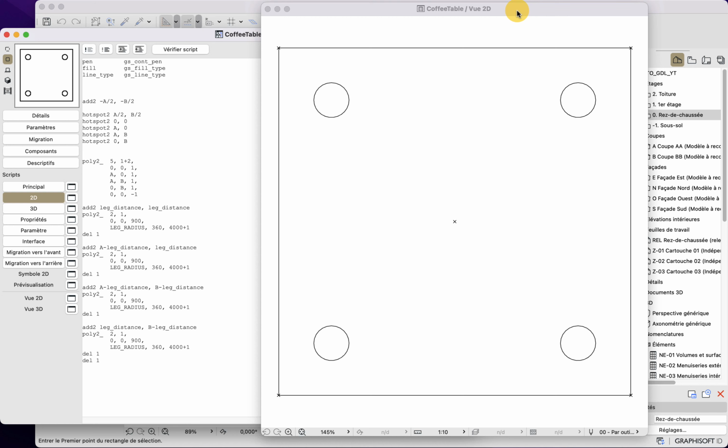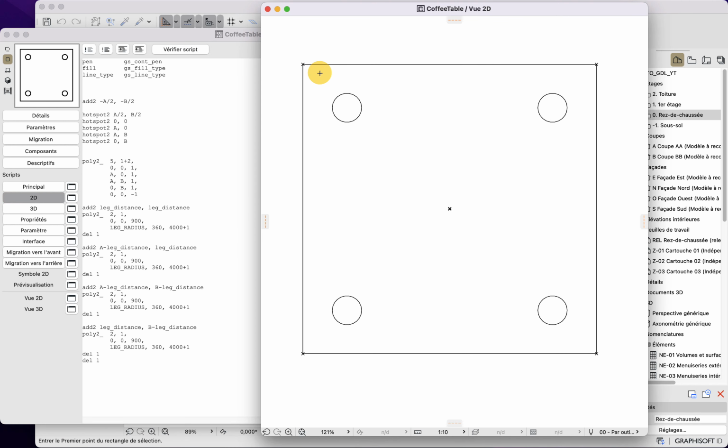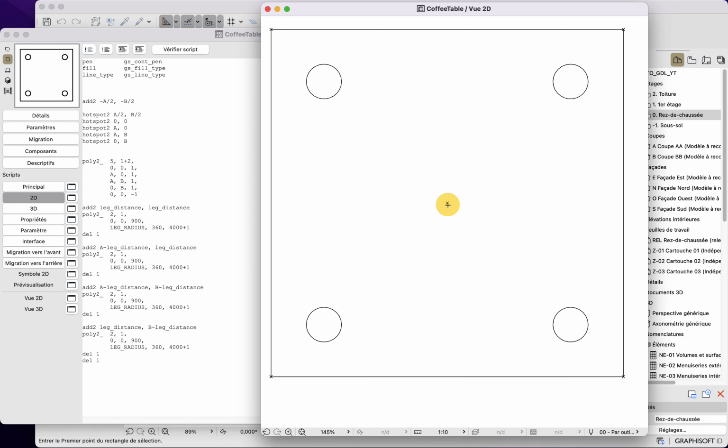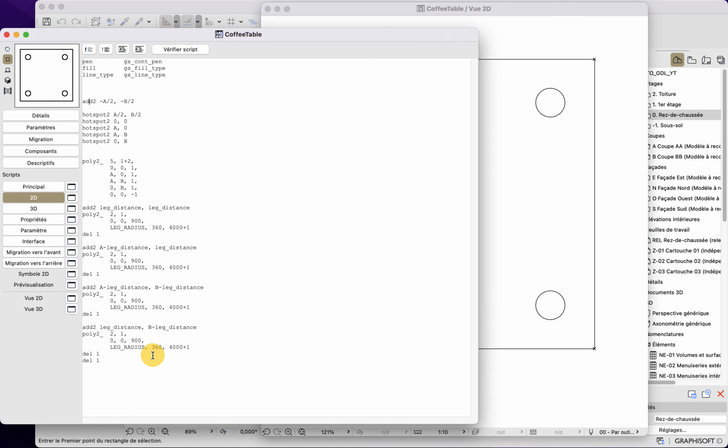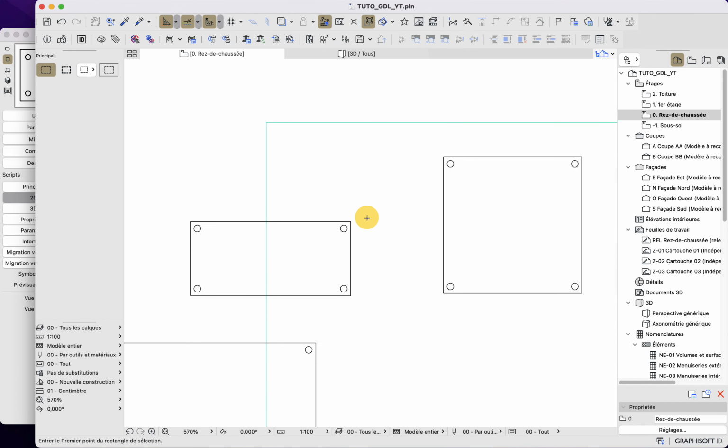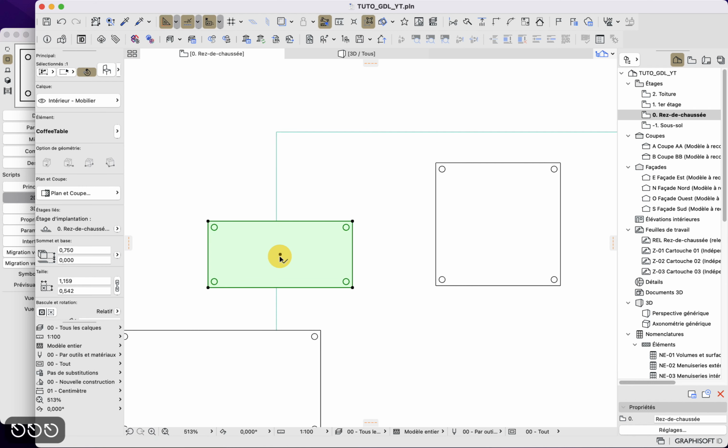So let's go back to our preview window. Nothing changed really, except that now we have a bold X at the middle. So we have simply moved our entire geometry, so the origin point is set up at the middle of it. So that's all for this object. What we will do now is save it and see the results in our project in 2D. And now you can see that in 2D, I have a proper view of my coffee table.